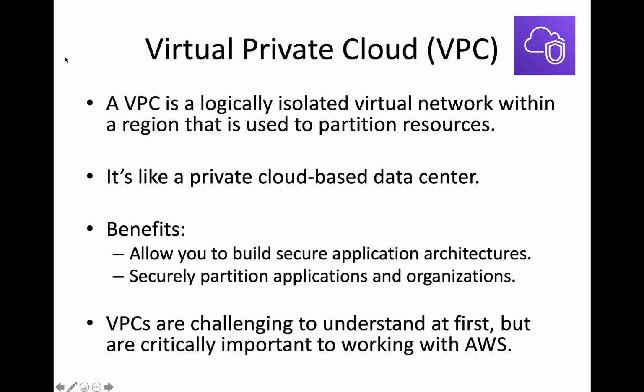You can think of a VPC as being sort of like a private cloud-based data center, in that you can create multiple VPCs, and in each VPC you can specify a network and you can specify resources that live within that particular VPC. So think of VPCs as being sort of like a container, a way to containerize our resources